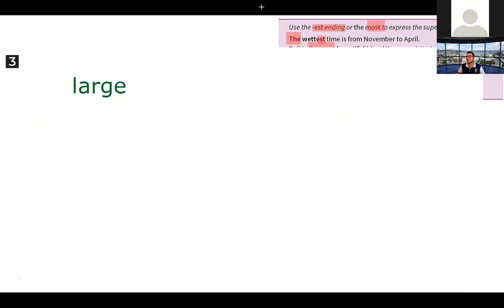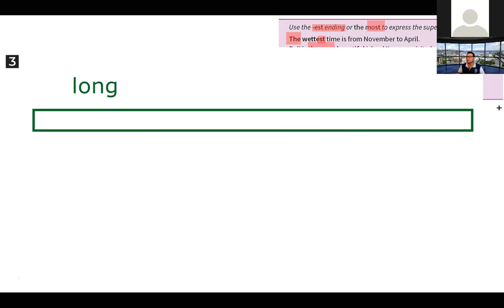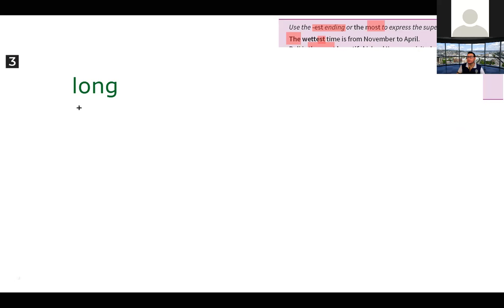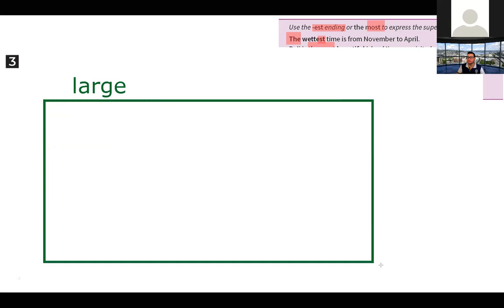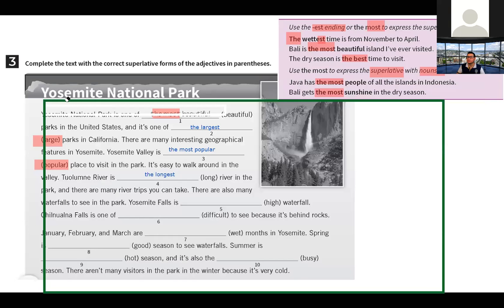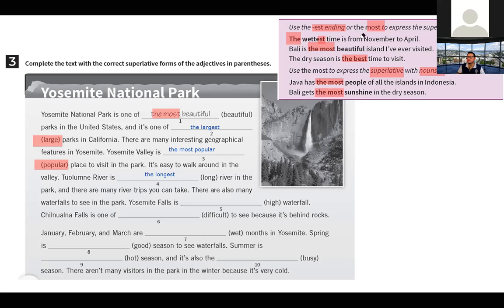Pero si tú dices long, estás hablando de un adjetivo al cual haces referencia solamente a esto. Esto es long, largo. Entonces esto sucede con un río, por ejemplo. El river es long, es largo, ¿verdad? Pero con un parque, ¿qué sucede con un parque? Un parque no puede ser long, el parque es extenso, ¿verdad? Es grande, ¿ya? Entonces, esa es la razón por la cual podemos diferenciar estos adjectives, ¿ya?